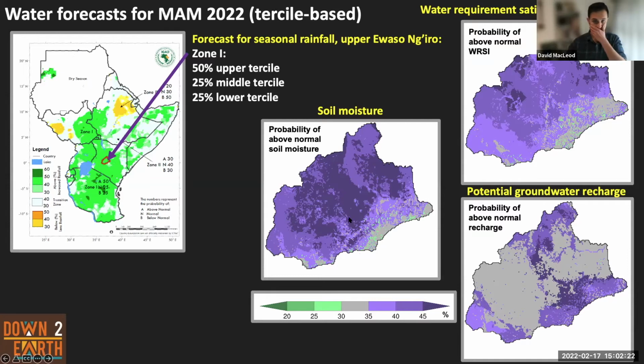So for instance, just to orientate you with the basin, the south and southeast is mountainous. So Mount Kenya is around this region, if you can see my pointer, in the southeast. And then the main Uaso Nyiro River flows northwards and then turns eastwards, exiting the basin in the northeast here.